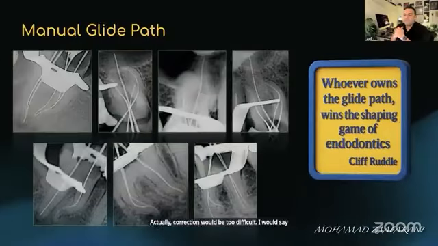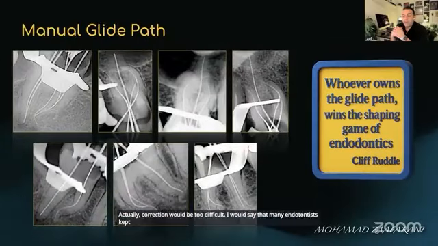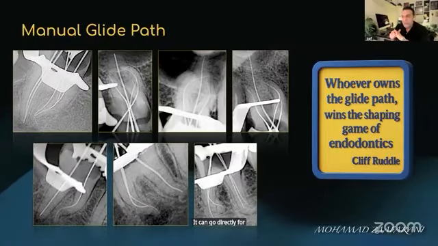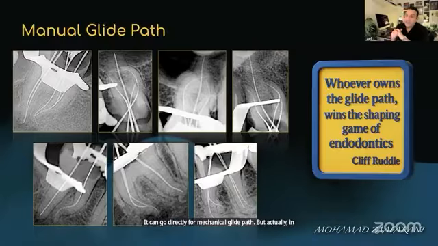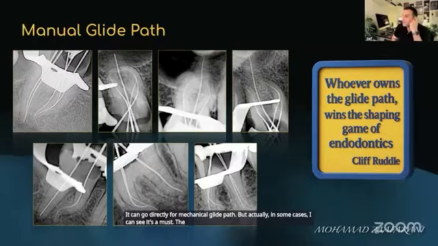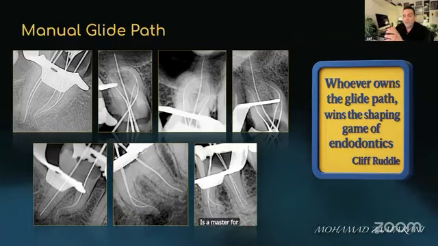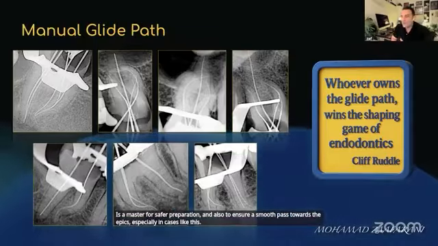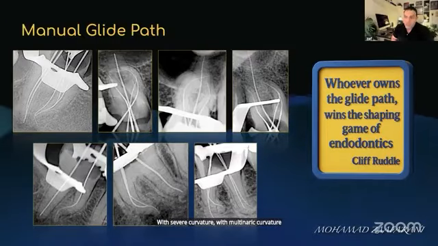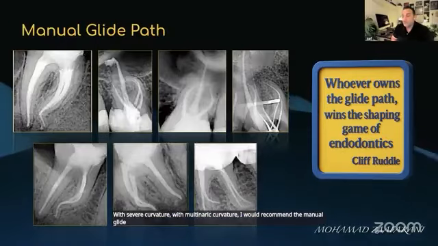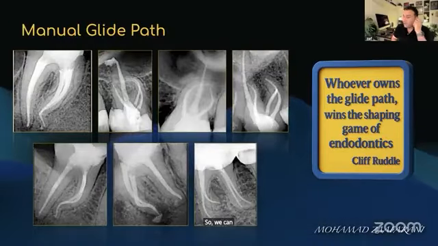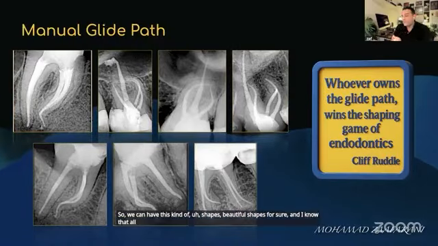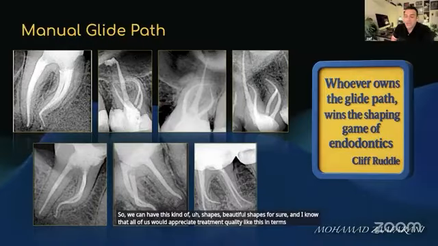I would say that many endodontists skip the manual glide path using the manual file, and they go directly to the mechanical glide path. But actually, in some cases, I can see it's a must. The manual glide path is a must for safer preparation and also to ensure a smooth path towards the apex, especially in cases like this with severe curvature, with multiplanar curvature. I would recommend the manual glide path before going into rotary, so we can have this kind of beautiful shapes for sure. And I know that all of us would appreciate treatment quality like this in terms of shaping and maintaining the